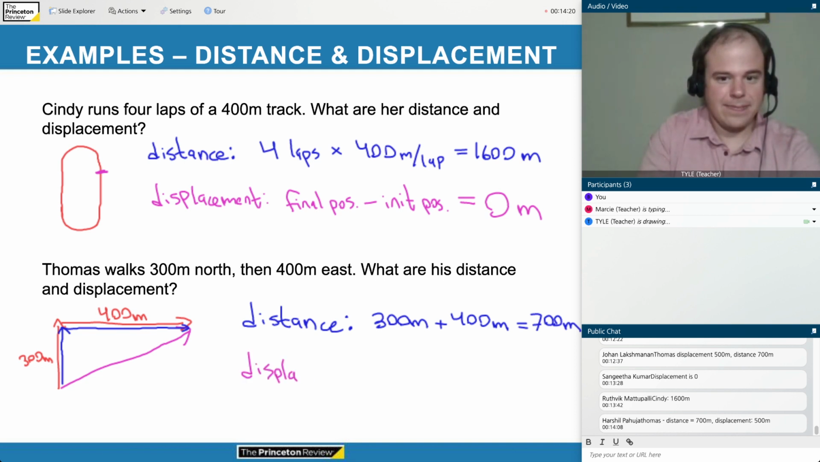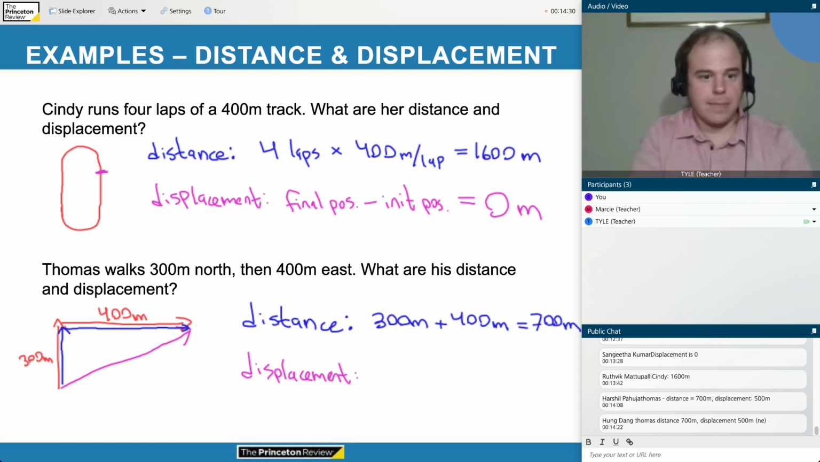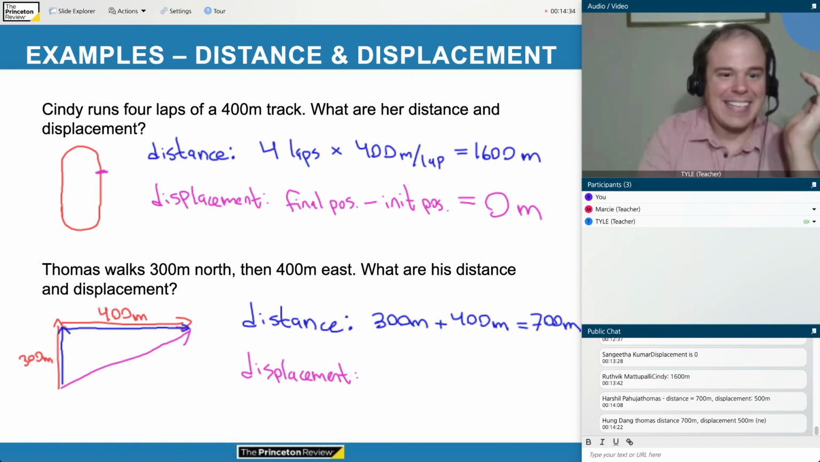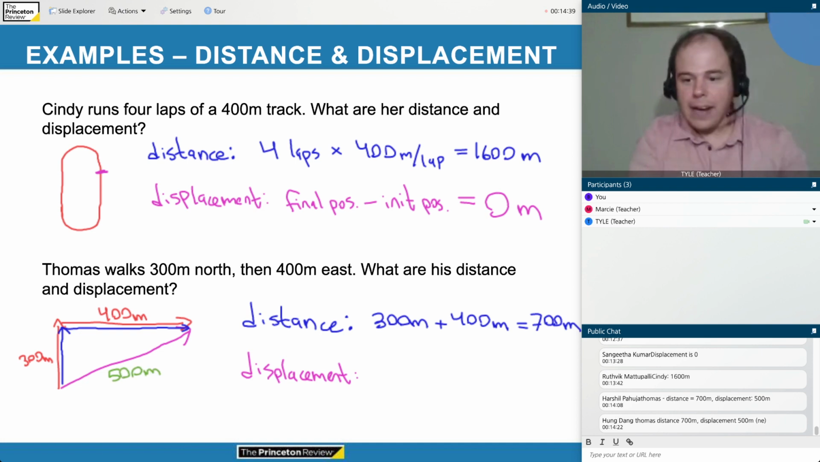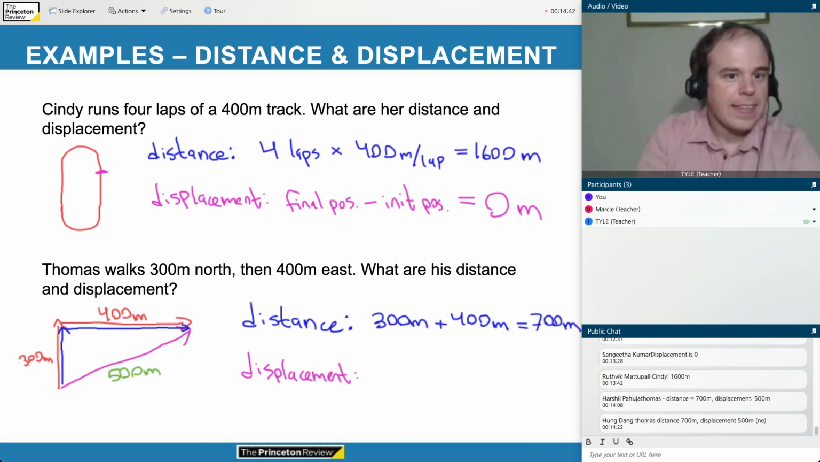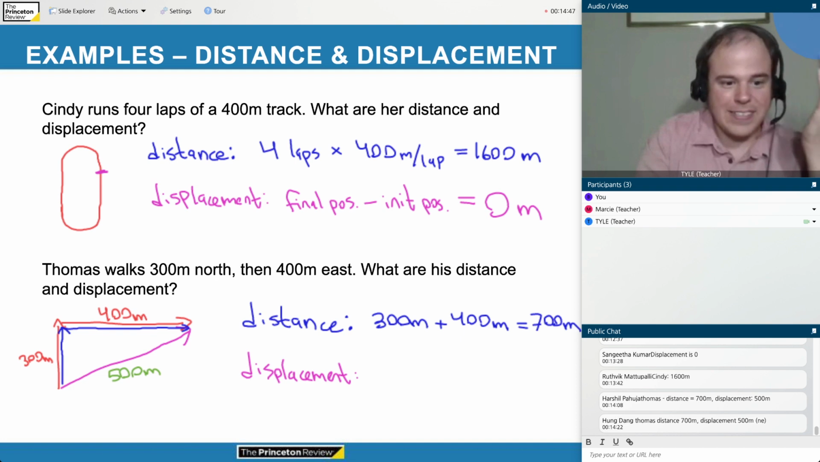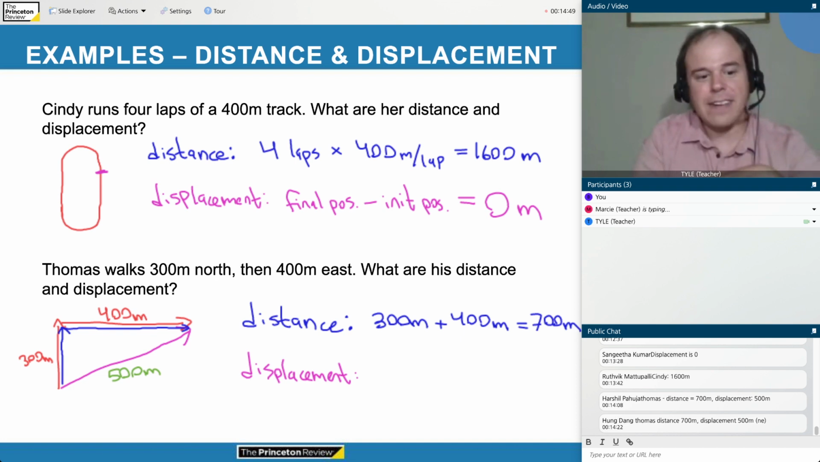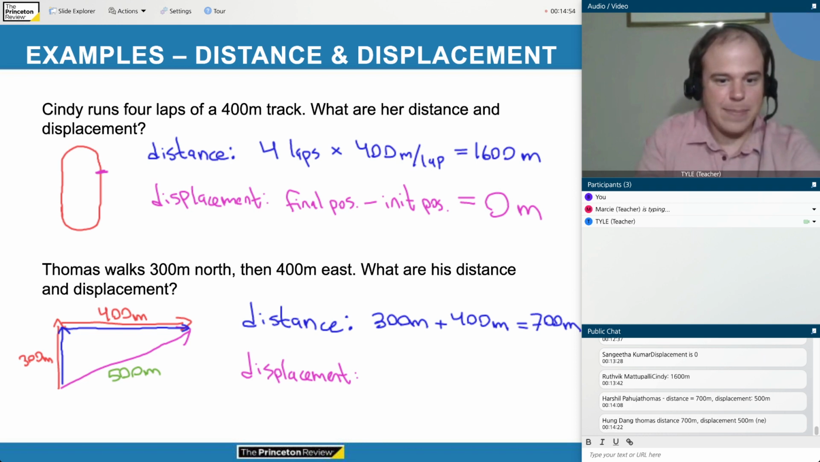All right, and then what about Thomas's displacement? Okay. So you might recognize that this is an example of a 3, 4, 5 triangle. It's a Pythagorean triple. So maybe you're remembering this from your geometry class. So I know that the hypotenuse of the right triangle here is 500 meters. If you didn't remember your Pythagorean triples, we also could have used the Pythagorean theorem to find the length of that third side. But it is 500 meters. So Thomas's displacement is